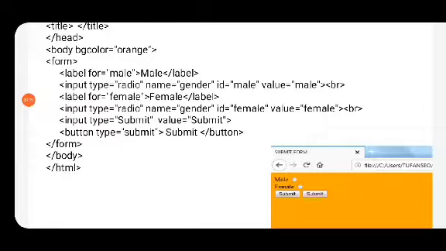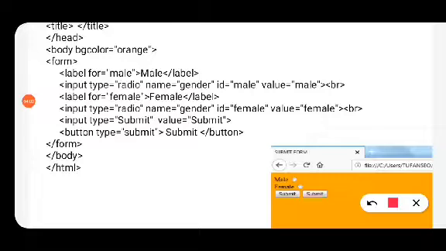In the previous session also we have already discussed how to use the label tag. For that we have to just make sure that the for attribute of label and the id attribute of input have the same value. So over here for equal to male and id equal to male, those two values should be the same. Now we can understand these two radio buttons using the label. Now our main focus of today's session is the buttons.